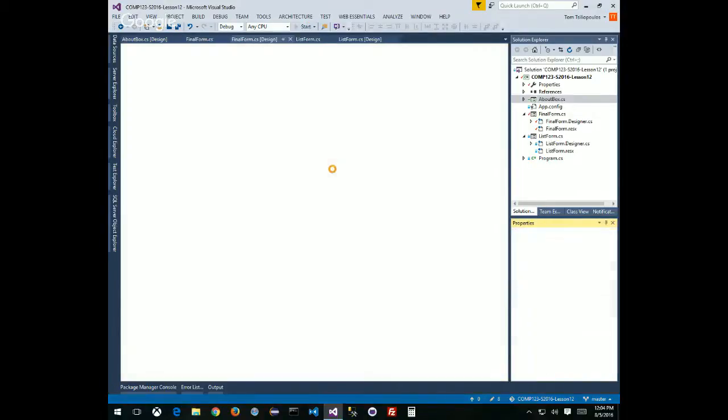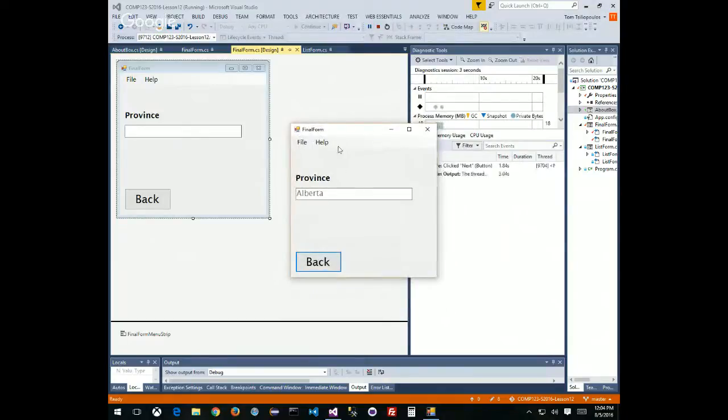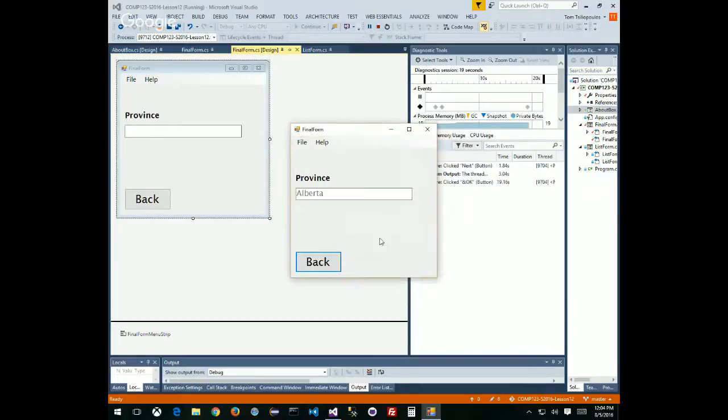Let's run that again. So again, Alberta, next, here it comes. And then if I go to help, about, it brings up my about box. And it says, look, COMP123, lesson 12, version, copyright, Centennial College, and so on. All right, what about if I want to put my information in there? Well, I could do that. For example, if I want to,